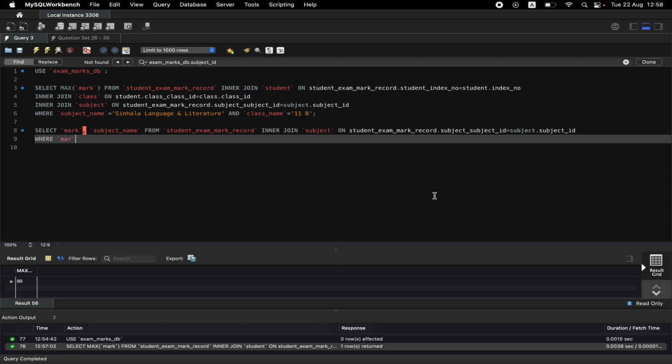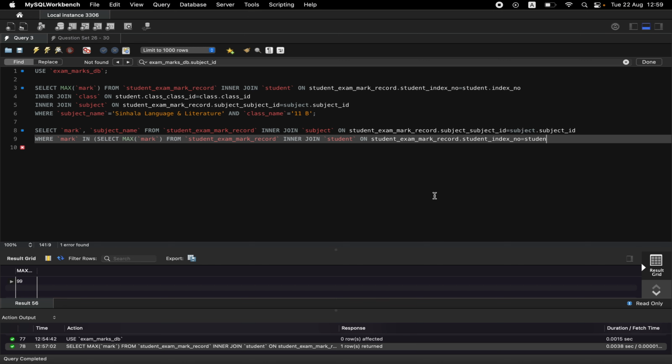So mark in here, where mark, so I'm going to write a subquery, so select the highest mark, so get the max mark from student exam mark record, inner join with the student table on student exam mark record student index number